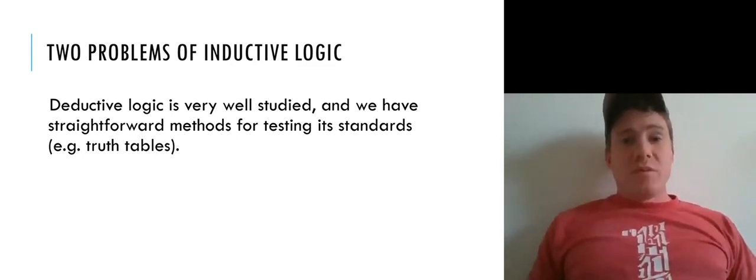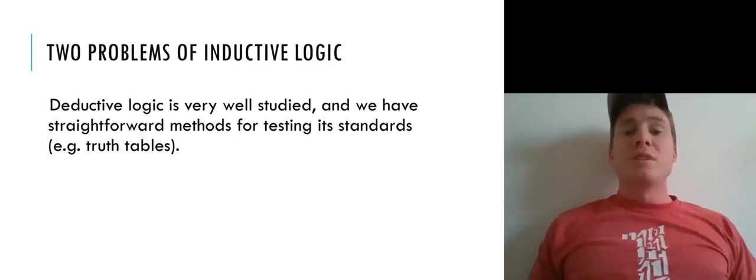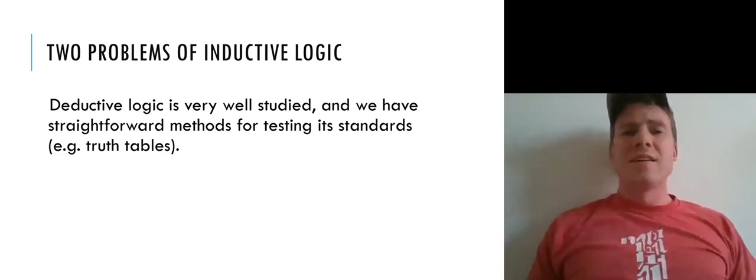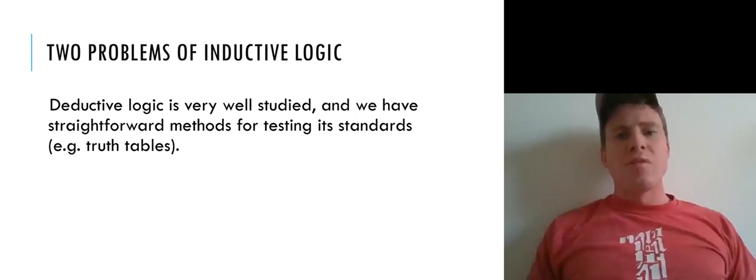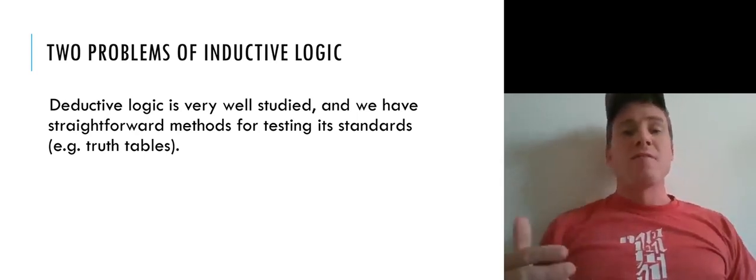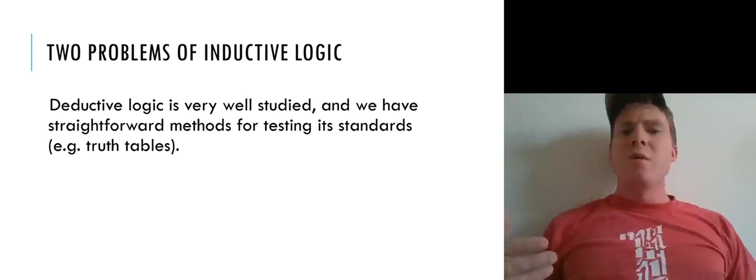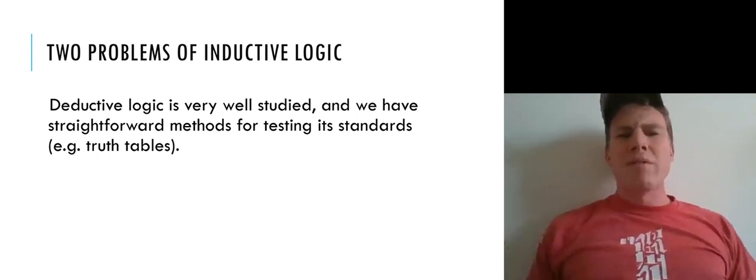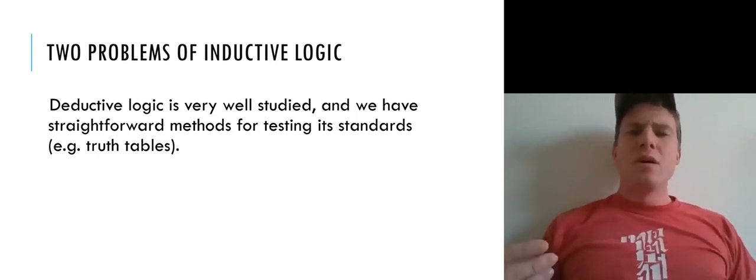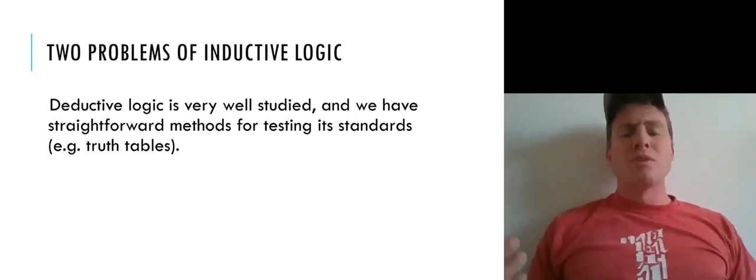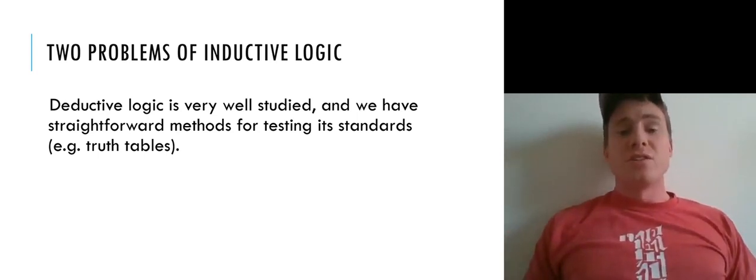Today, in this video, we're going to talk about two problems that confront anyone who wants to develop a rigorous inductive logic. That is, a rigorous way of going about assessing the inductive probability of arguments. Because we talked somewhat vaguely or imprecisely about the inductive probability of arguments and how one argument might have more inductive probability than another. But we haven't made this really precise yet. We haven't given a method for how to figure out what the inductive strength of an argument is. So we'll talk a little bit about some problems with developing such a system in this video.